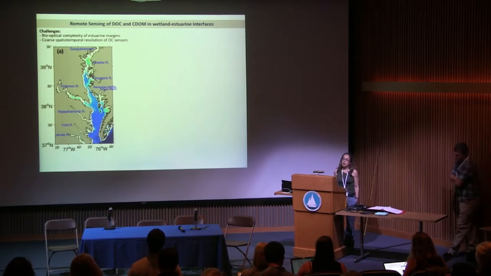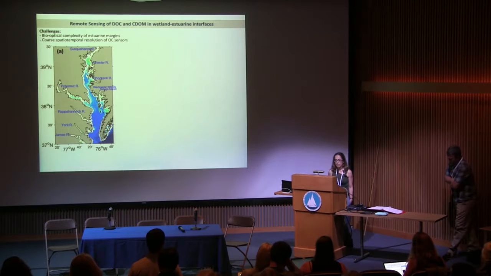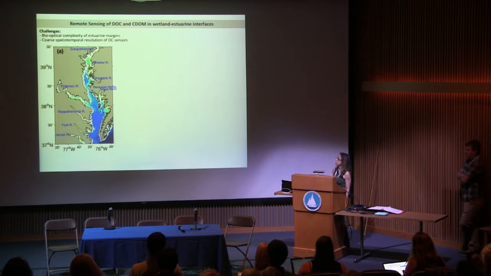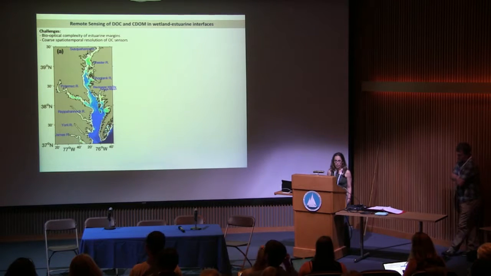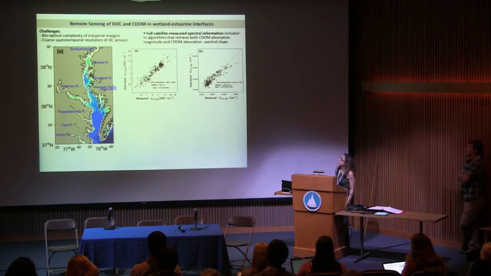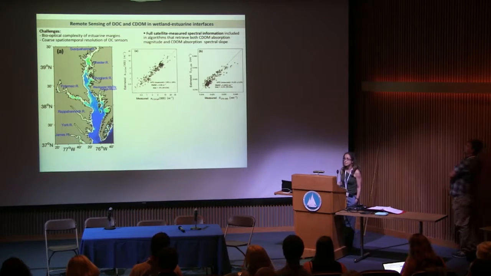Now, one technique to have frequent observations of carbon dynamics in coastal systems is satellite remote sensing. But applying satellite remote sensing to get DOC dynamics in wetland estuarine interfaces can be very challenging, first because of the bio-optical complexity of estuarine systems, and second because of the coarse spatial and temporal resolution of most ocean color sensors. So we recently developed a new algorithm to retrieve DOC from space, and we're addressing some of these challenges